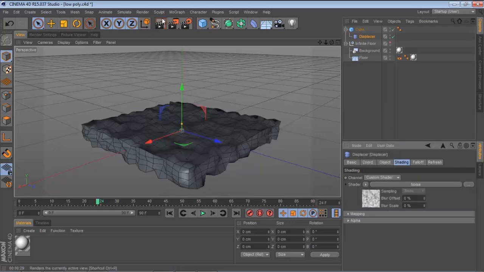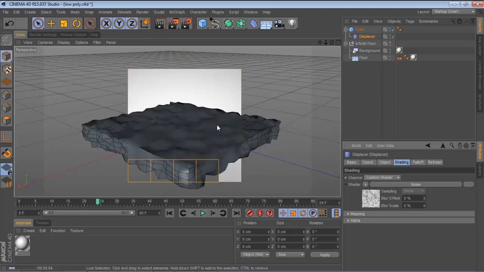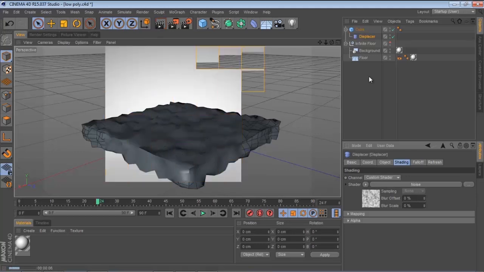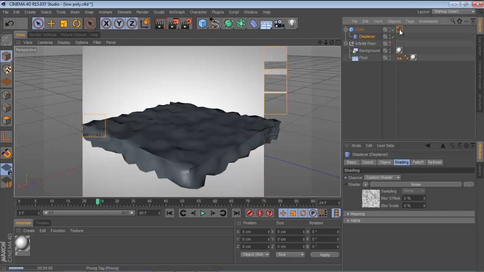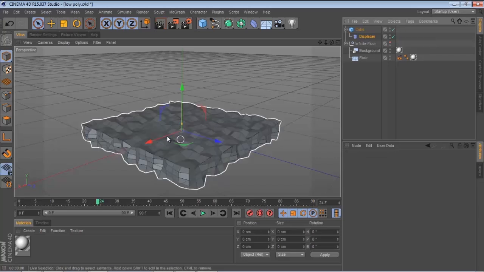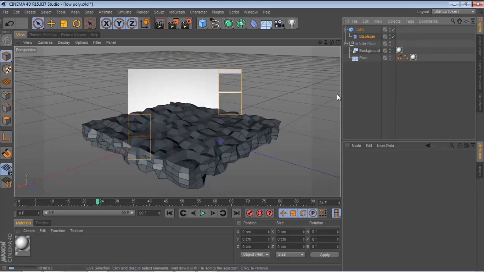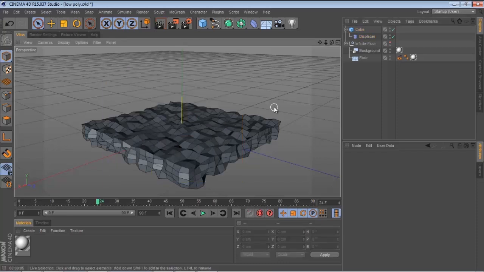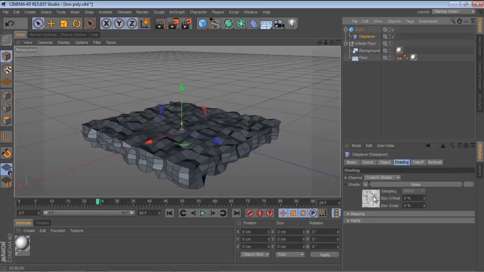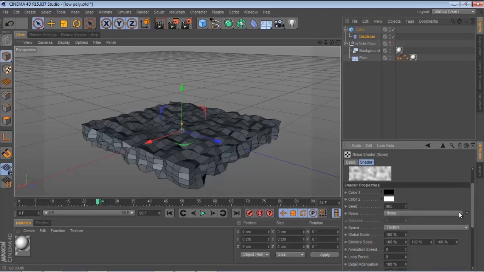But if you can see, it's super smooth. Well, not super smooth, but it's smooth. It's not really the low poly look we're going for. So that's because of our Phong tag here. Now the Phong tag basically rounds out all your models. So if we get rid of that, we can now start to see the low poly vibe going on. Okay, cool. So if we double click into our noise,